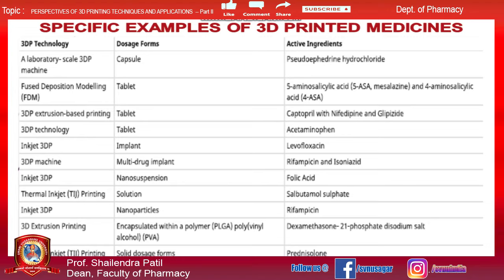Some more examples of the fabrication or development of medicines using this 3D printing technique: captopril with nifedipine and glipizide tablets were developed by using 3D printers with this extrusion based printing technology. Apart from that, rifampicin and isoniazid containing multi-drug implants were developed by using this technique. Folic acid nanosuspension was developed, as well as salbutamol sulfate solution, using this thermal inkjet printing